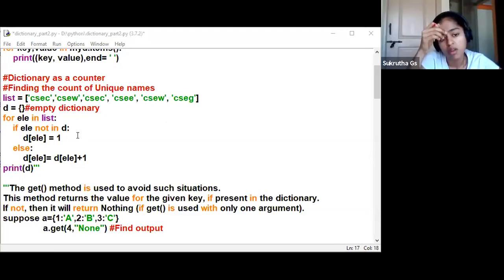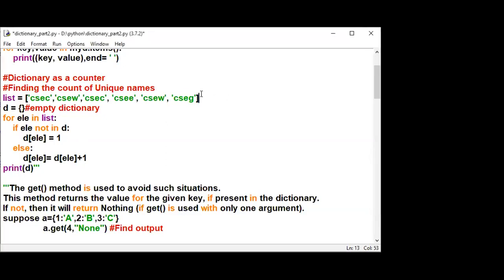Explain once again, ma'am. I'll do that. In the first line, it is a list of names, right? And in the second line, we have created an empty dictionary. There's no doubt in that. Looking to the third line, it refers to every element in the list, right? First element, second element, third element, likewise it goes on.